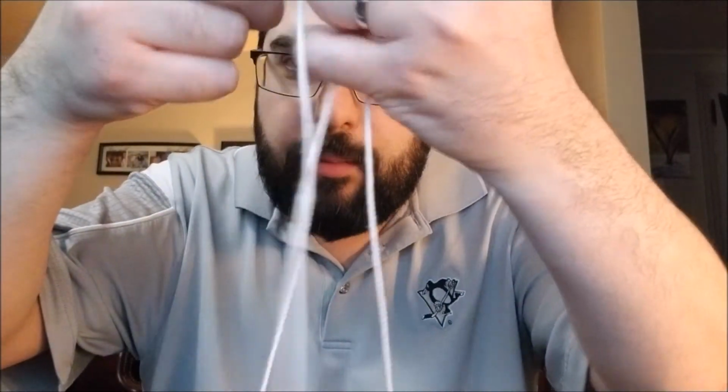4 days of string. What? That string was super bright white 4 days ago. It is now gray and grungy. Because I'm gross. Actually, my house is dusty, too, so...